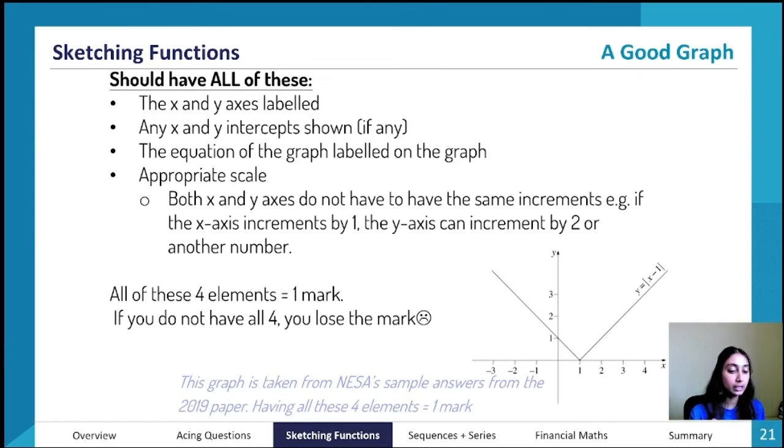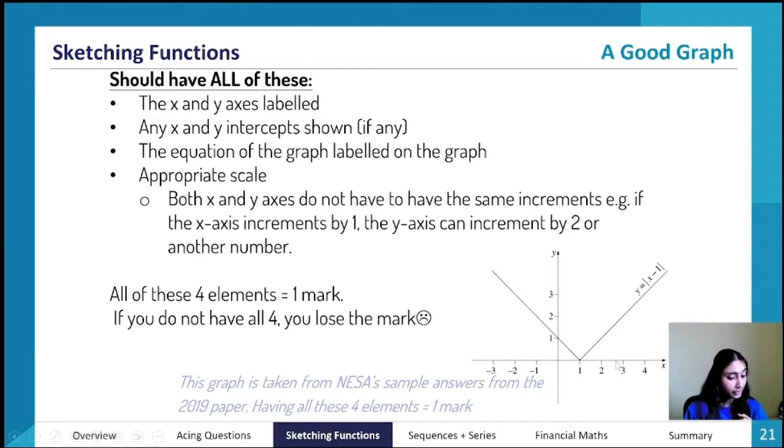Okay, so what is necessary to have in any graph? Let's say we have a 5-mark question, and 1 mark will be allocated just to the presentation of the graph. By that, I don't even mean the shape of the curve. I'm talking about the requirements. They include the labeling of the x and y axes as well as the origin. The intercepts, if there are any, should also be shown.